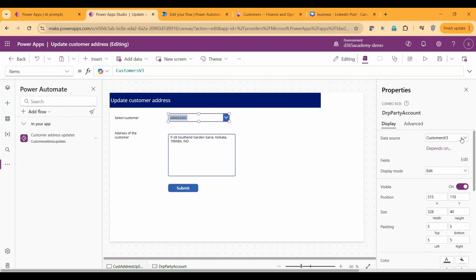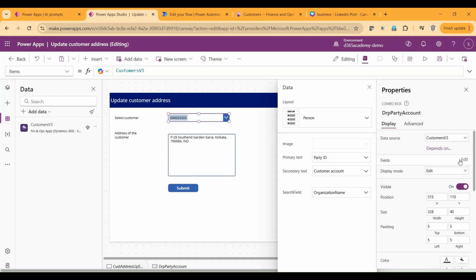See the customers. I've added a data source. So how did I add? If you remember from our episode 1, we are adding the customer V3, and in the customer's V3 I am selecting the fields. If I click on edit, I'll be able to select the party ID as the primary text and the secondary text as the customer account. So these two I am showing on my drop down, and I am searching by the organization name, because of which if you search with the name of the customer, it should be able to find